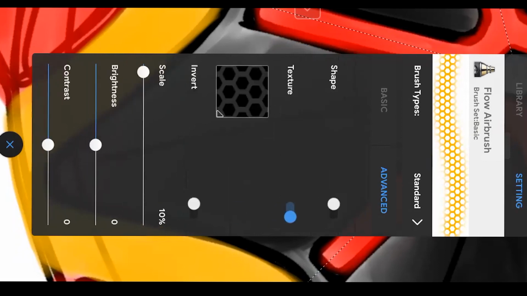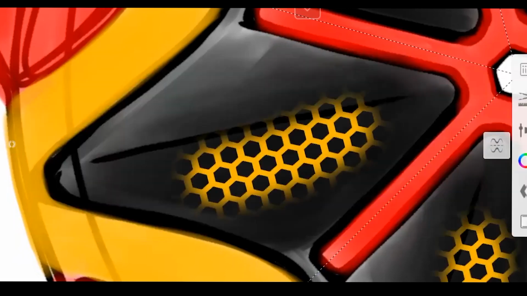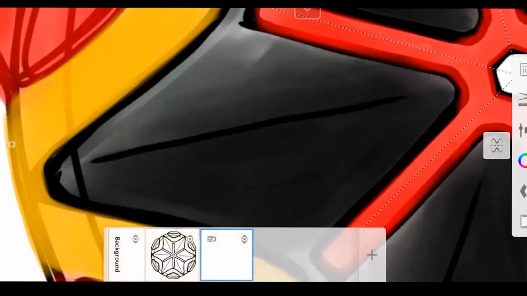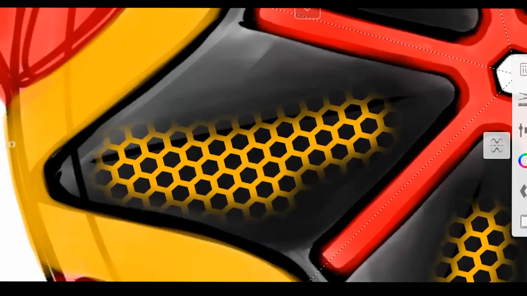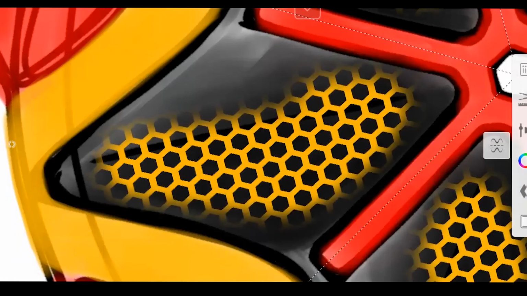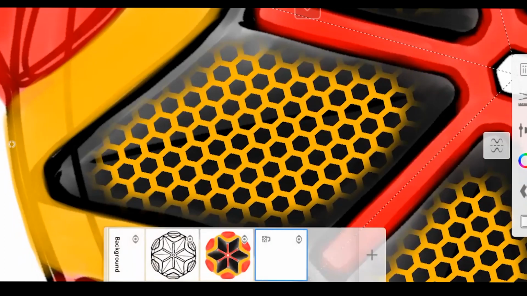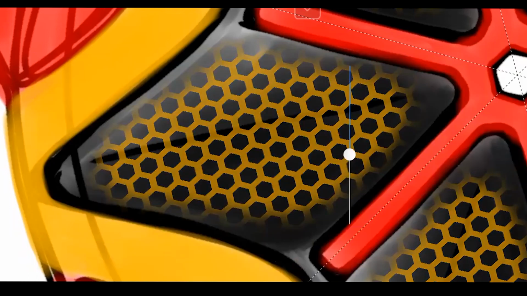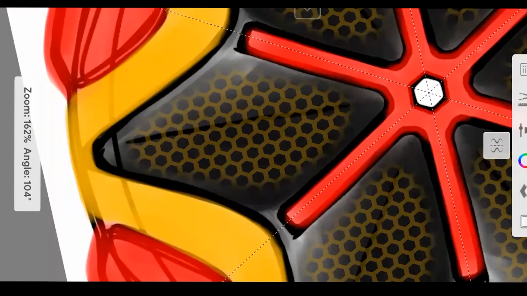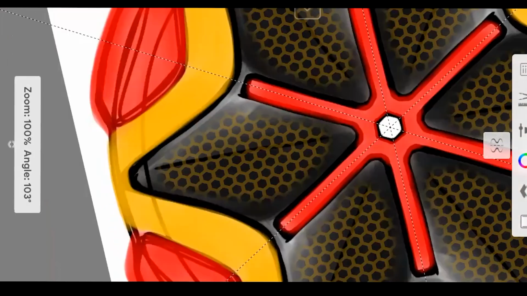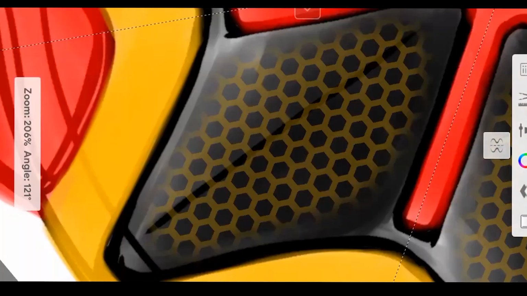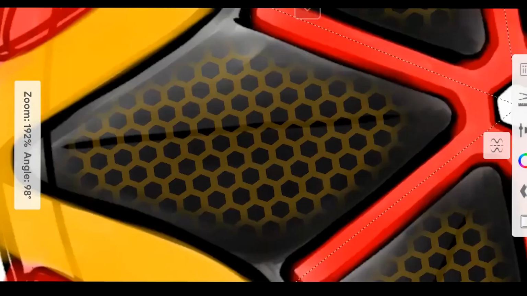And shall I increase the scale or keep it medium? Just keep it medium, not too high, not too low. See, for example, now. Wait, this looks perfect, man. Honeycomb structure, it's mimicking the honeycomb structure. Now I will just decrease the opacity. Now see how it will appear. Oh dude, I can't believe you designed this in just a few minutes.